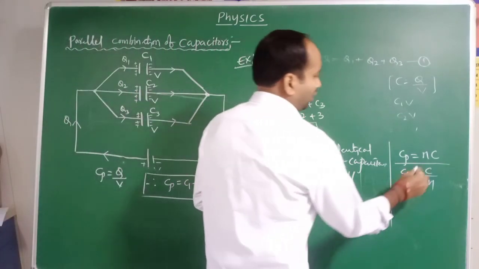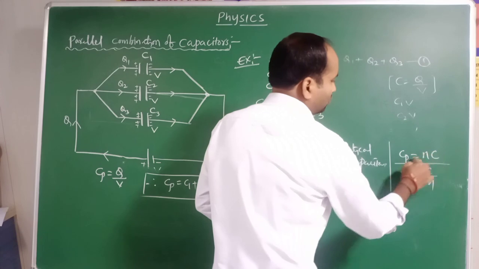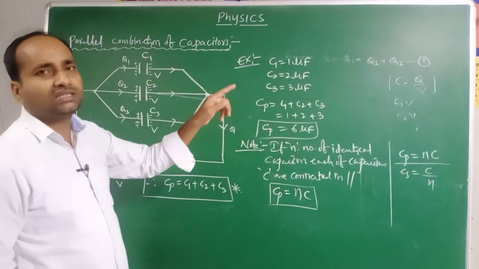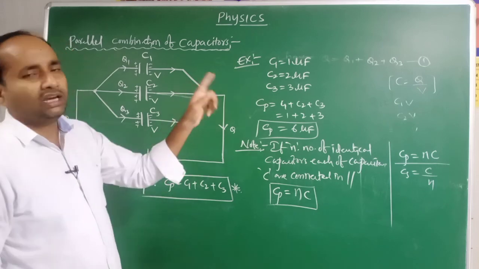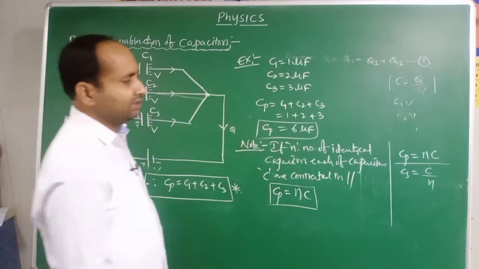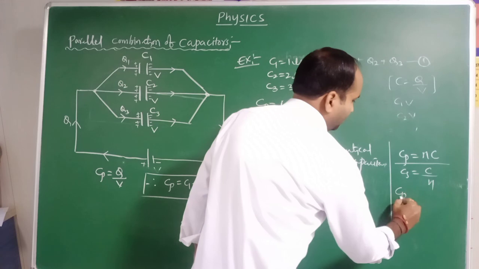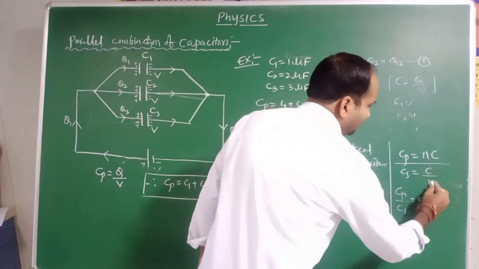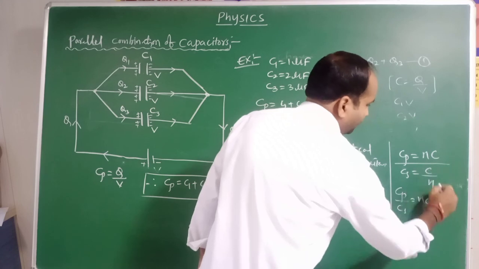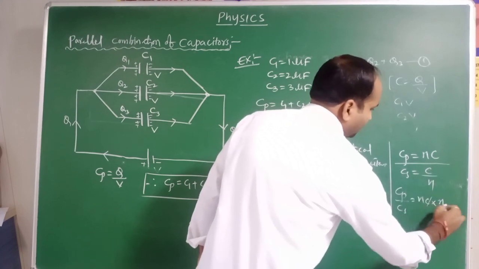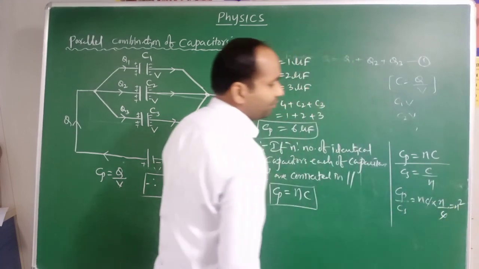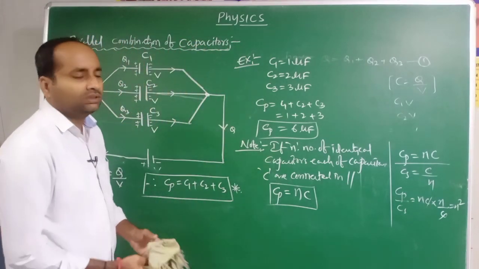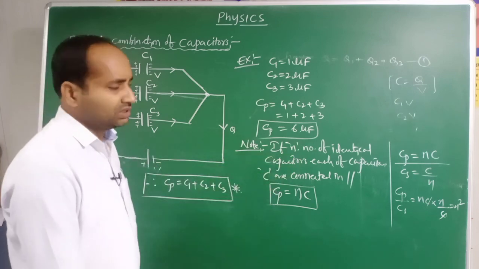So here CP is equal to nC, for n number of identical capacitors. 1 by CS is equal to n by C, so CS is equal to C by n. Then CP by CS we may write as nC divided by C by n, which becomes n by C times nC, so that is n square. This is the ratio of the CP to CS values.